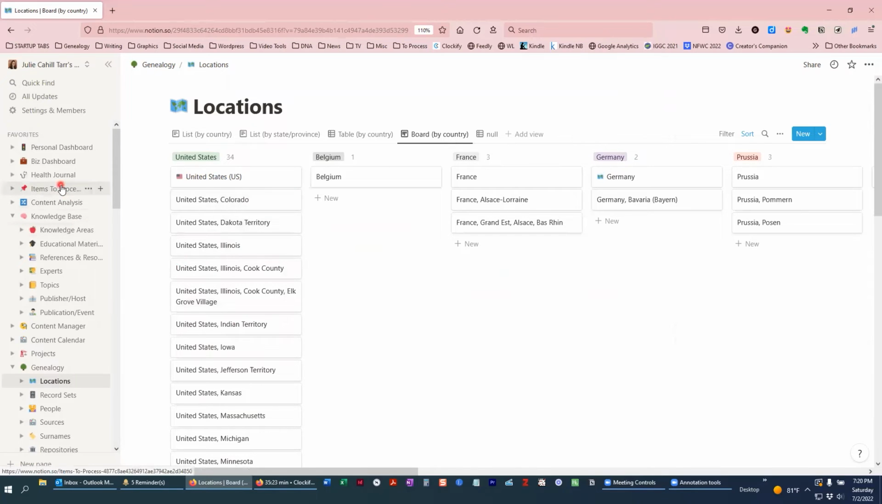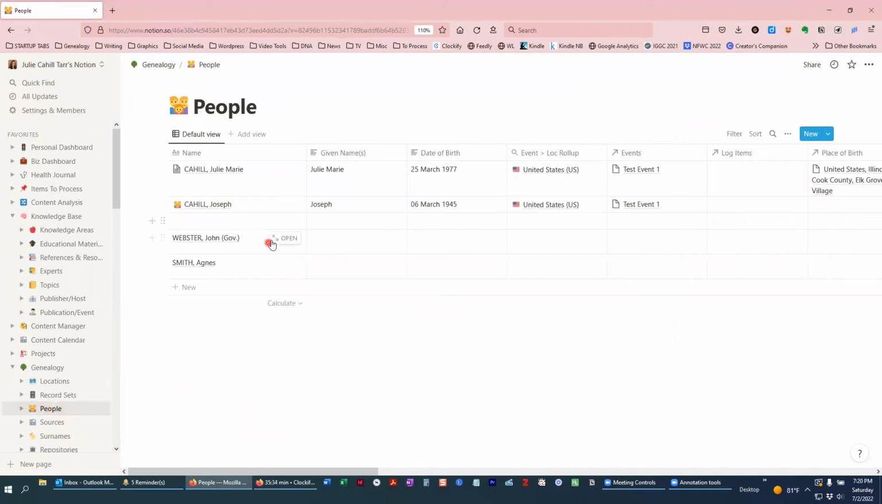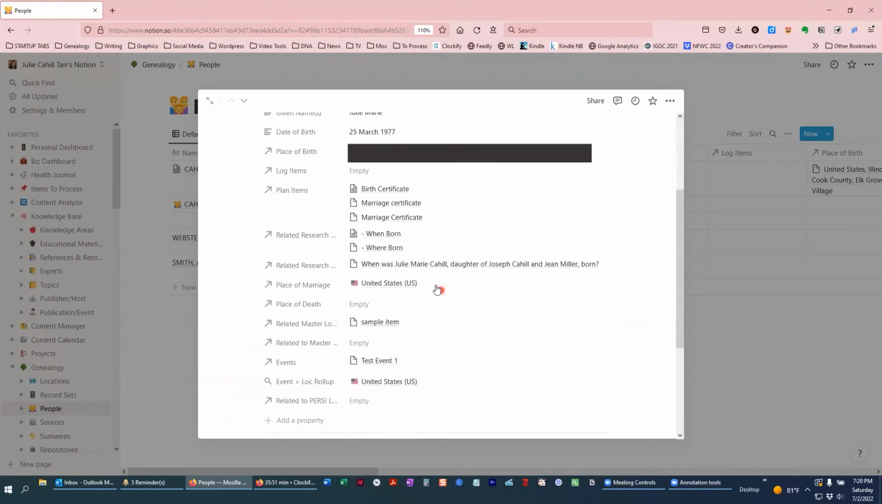So the locations are tied to my knowledge base, but they're mainly a part of my genealogy, because when I go to my people, I don't know if I have anybody in here. Okay, I do. This is not a good view, this is just everything under the sun that's in this database. But if we look at me, you can see that I have my date of birth, my place of birth,